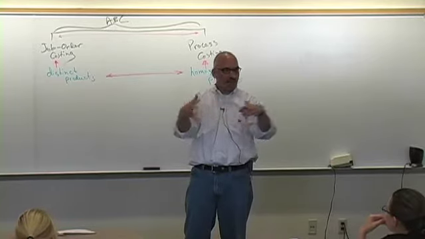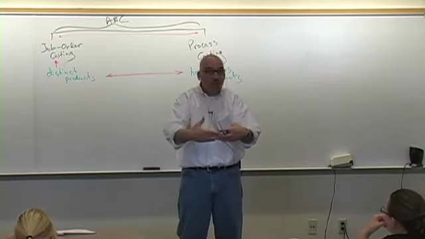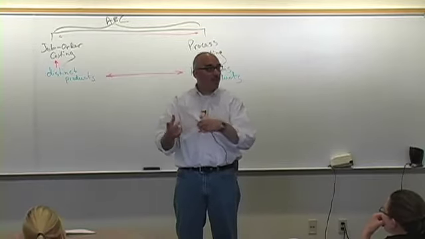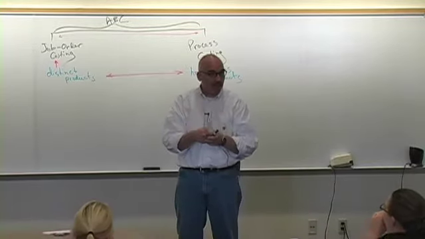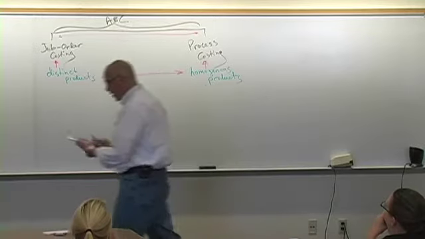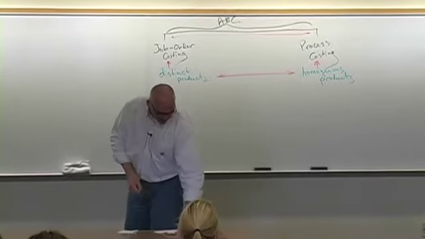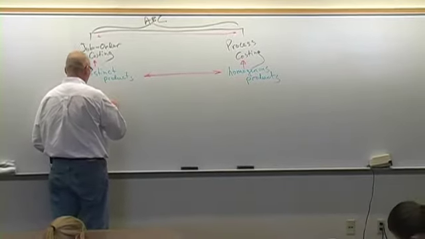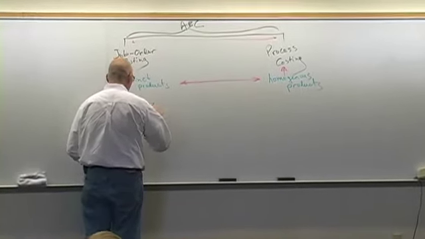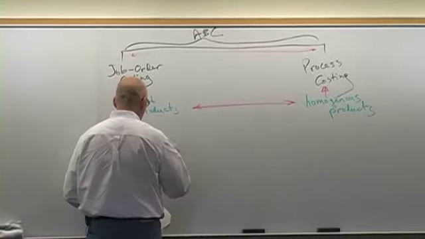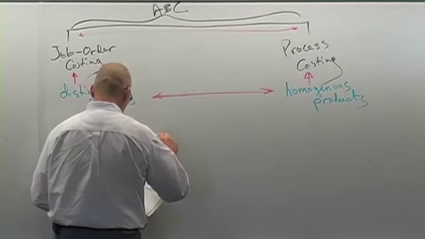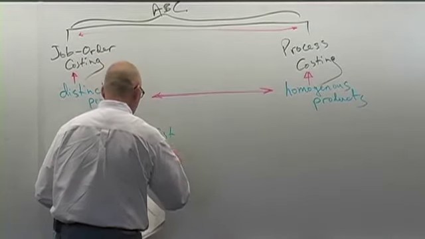Yeah, total cost of all these ingredients in the batch, divide by number of cookies made. Because if you make big cookies, you're going to get a different answer than if you make small cookies, which makes sense, right? And so that's how we calculate cost using job order costing. We take job dollars, or job cost, and we divide it by number of units, and that equals cost per